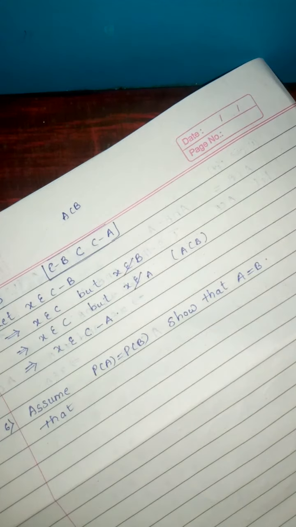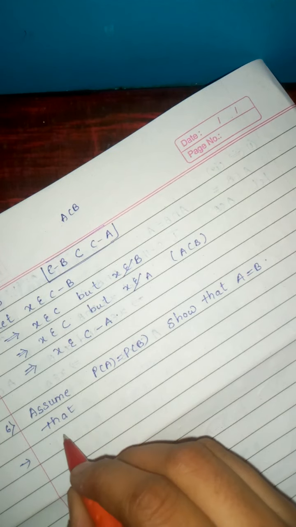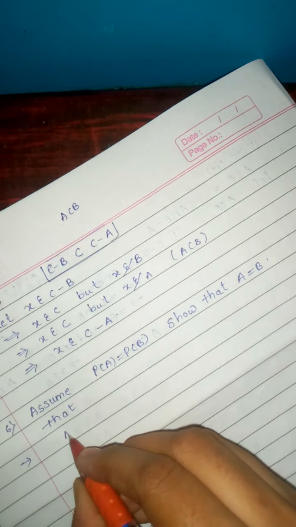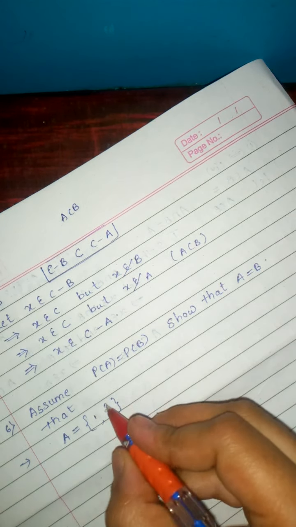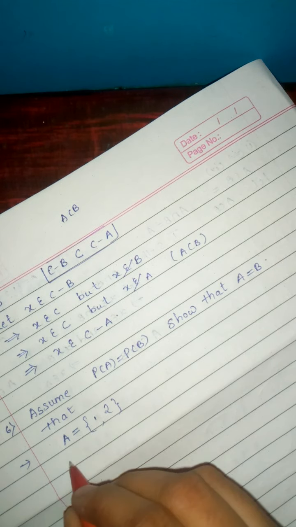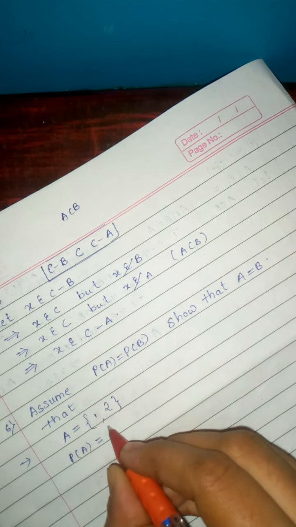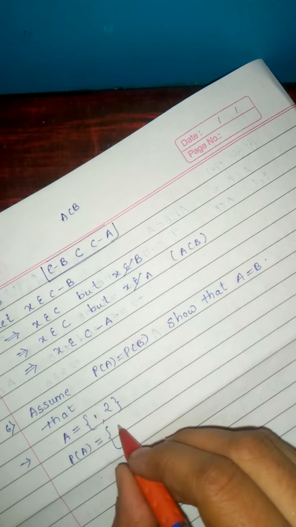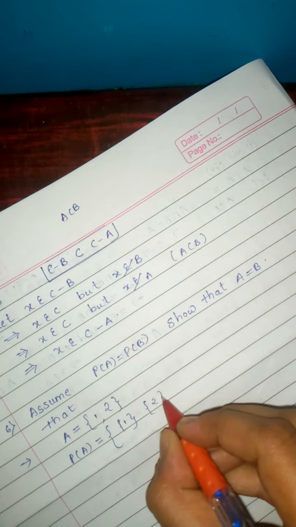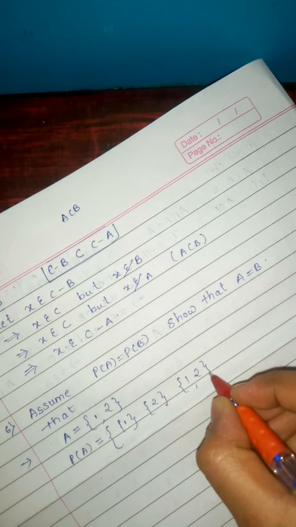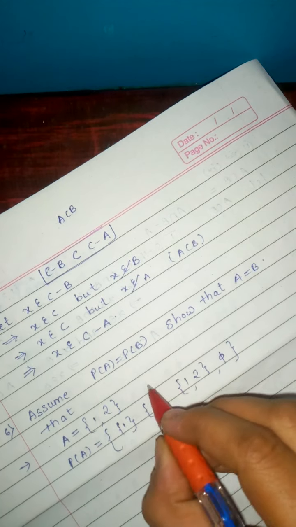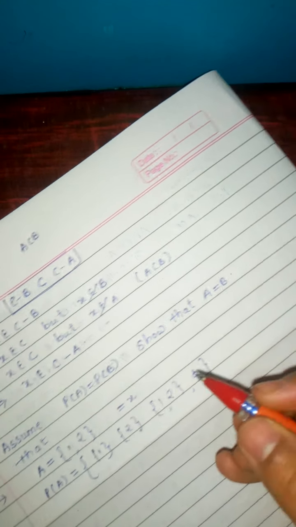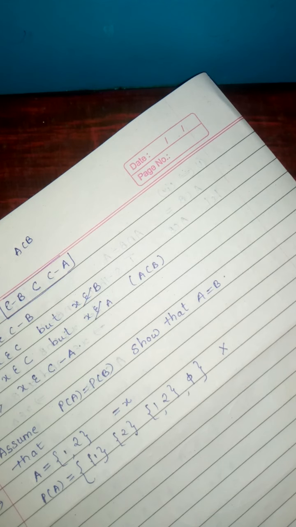Now before proving this result, one thing you all should know is the power set of A and the set A. Suppose set A is equal to {1, 2}, which are the elements inside this set. The power set of A will be {1}, {2}, {1, 2}, and the empty set. So this is the power set, and whatever elements are there, we will denote as small x, and this power set we will denote as X.